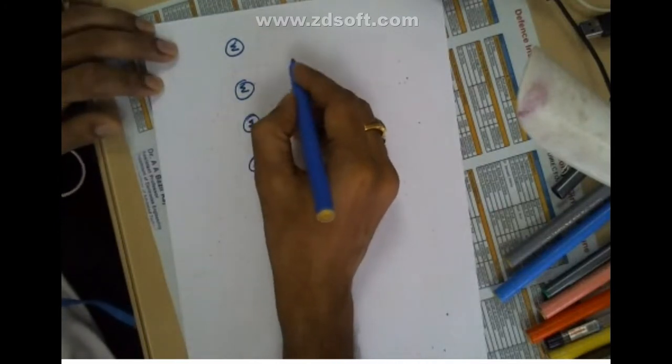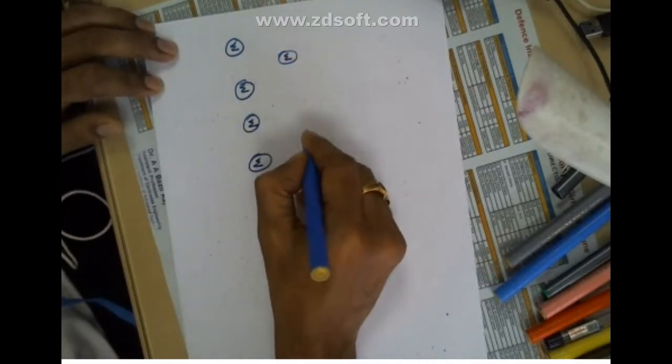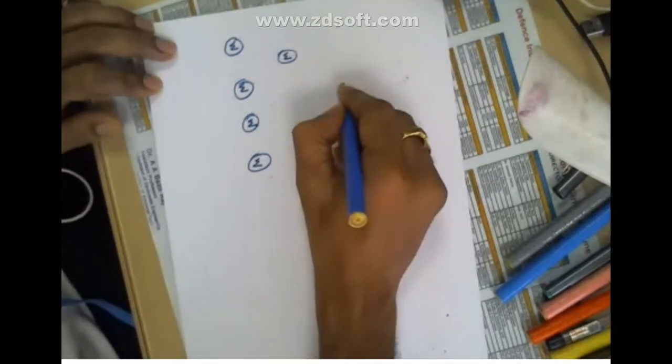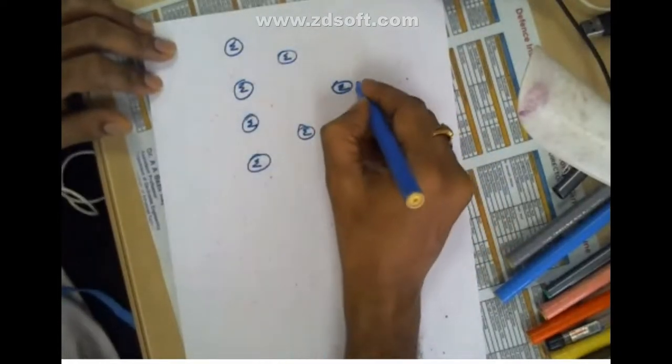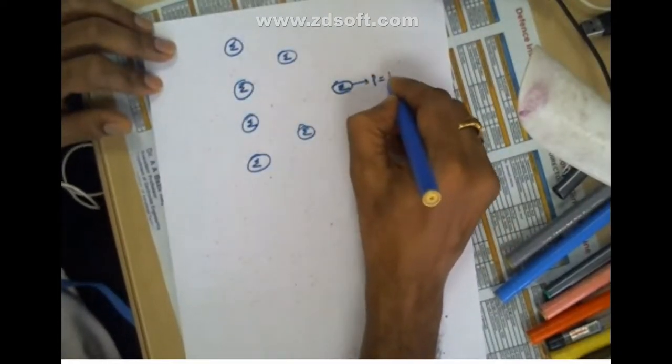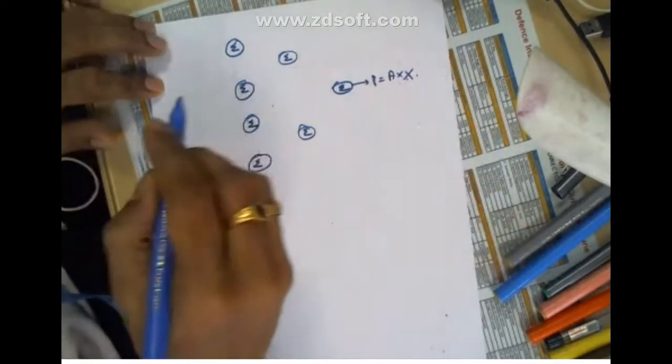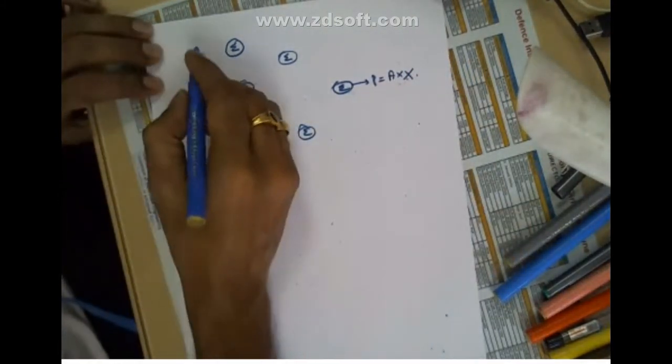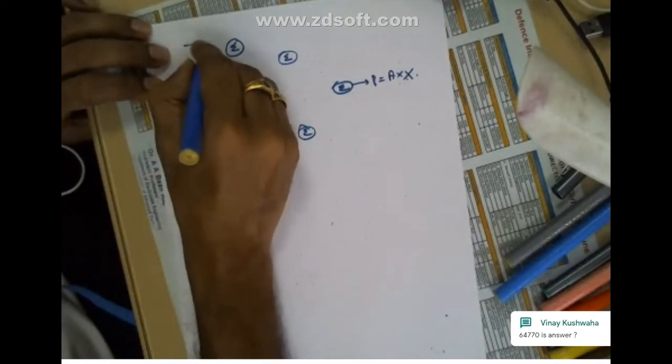Summation means adder. Addition. Here P equals A into X, capital A into capital X. So I am writing here